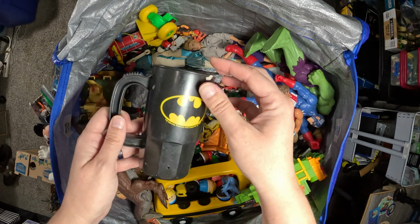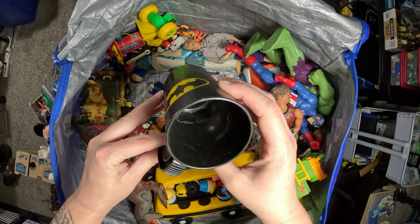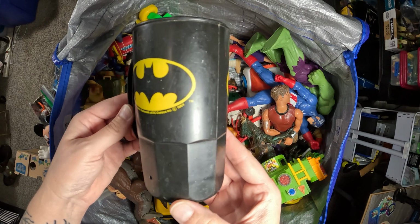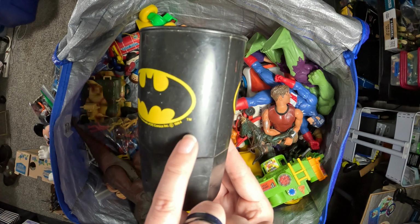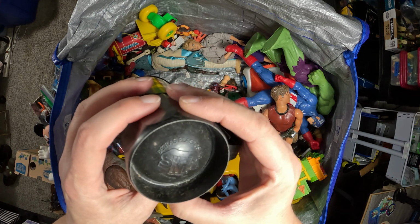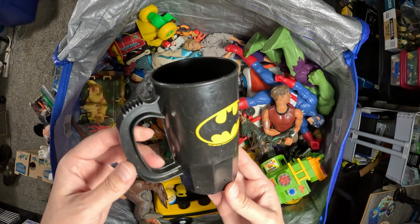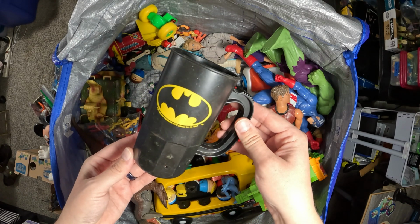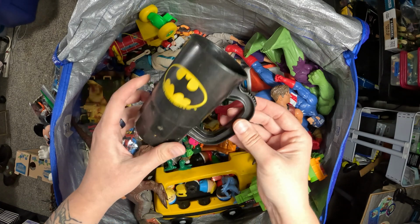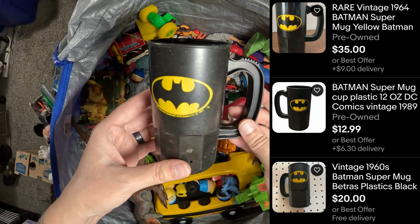This is really cool. I've been a Batman collector for a really long time. I've kind of slowed down with it because I have so much. But this is really neat. This is dated 1964 right there. That is rad. Now that's for the print on there, so I'm going to have to look it up and see if this really is from 1964, because it could be like an 80s when the 1984 movie came out and they just used that logo. But I kind of think it might be 60s. So that's really neat. It's the super mug, so I'll look that one up and put it on the screen